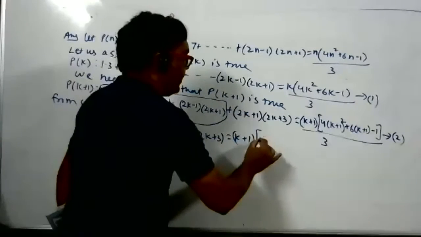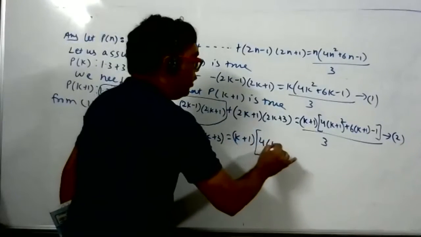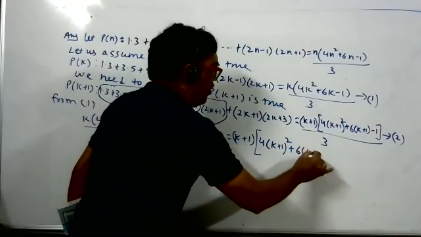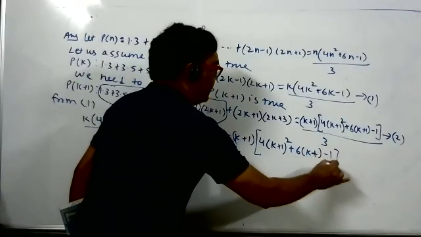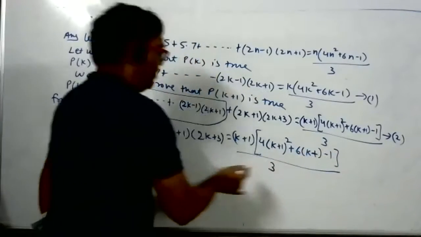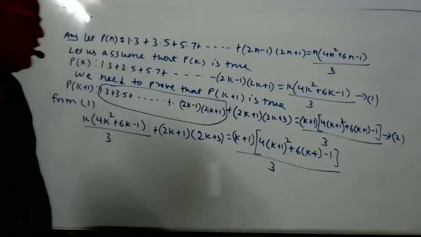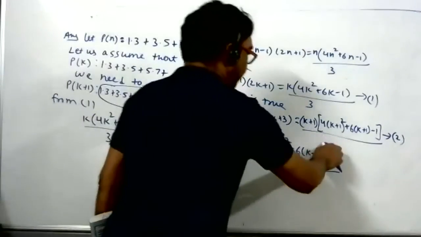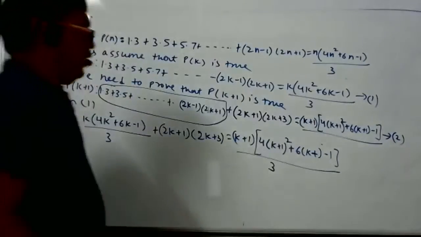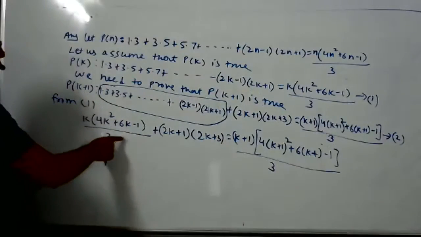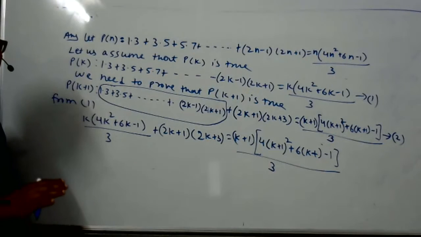See, one simple method is there. If you fully open the bracket on the right side and fully open the bracket on the left side, obviously it has to come the same. That is an easy method, but don't do it that way. Better bring the left hand side as it is on the right hand side. But if you open the bracket, obviously it will come the same. Student, in the place of this term, I wrote this from the first. Does anybody have a doubt till here?